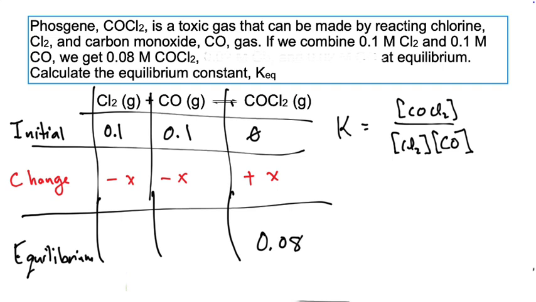Do you know what X is now? 0 plus X has to equal my equilibrium concentration, which means X is... Why is that valuable? Now what do I do? Do I know 0.1 minus 0.08? Yeah, what did it equal? And if we look at that given information,